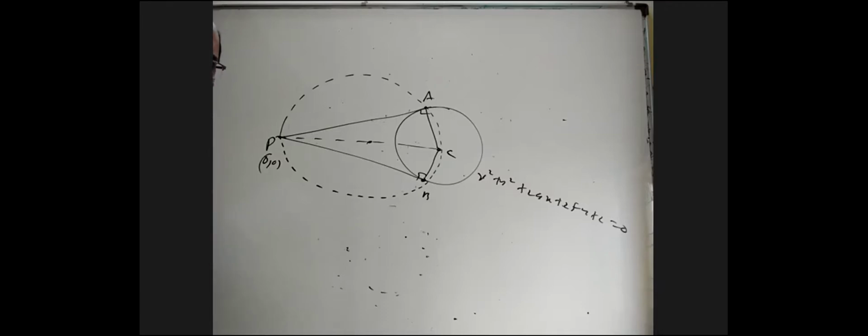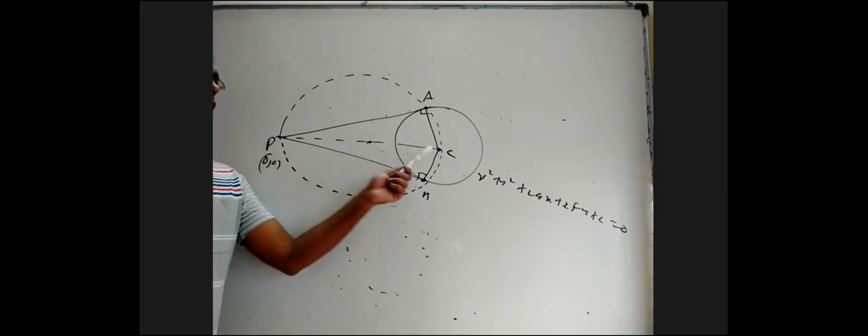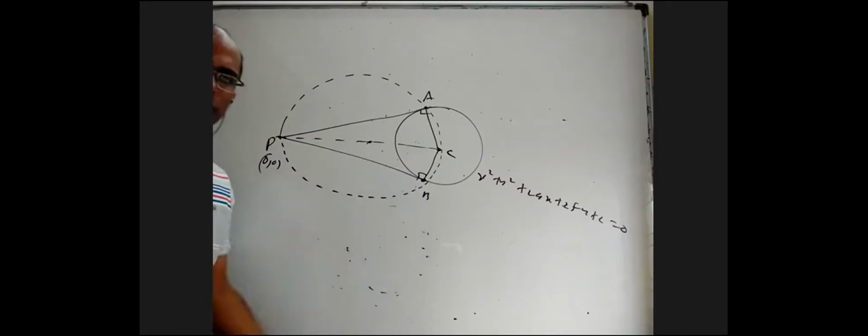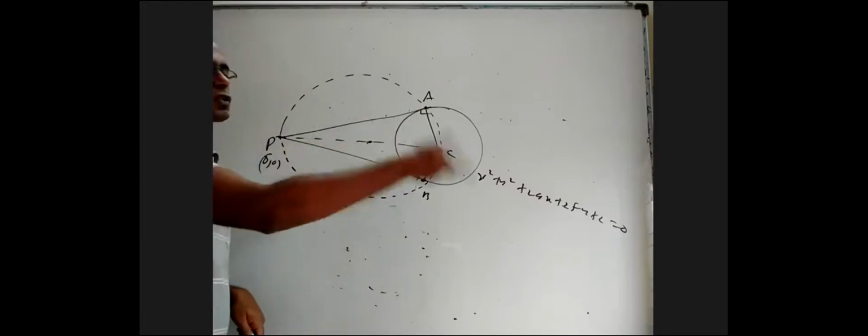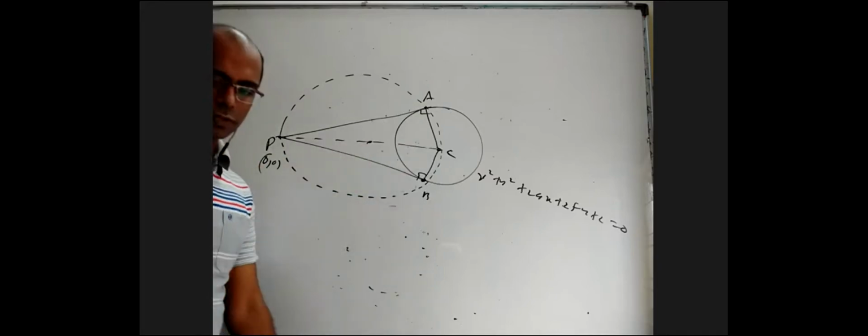Minus g by 2, comma minus f by 2. Yes, minus g, this is 0, 0, minus f. That's all. That's what they asked in the advanced exam. When you're talking about the circumcircle of triangle PAB, C is not there in the question. You have to know the circle passing through PAB will pass through C also. Not just passing through C, PC is the diameter of that. You should know that.